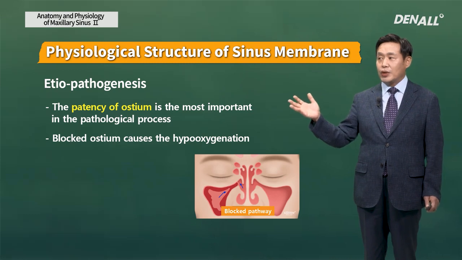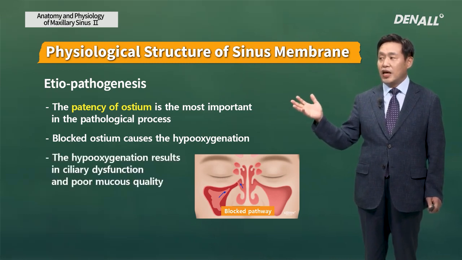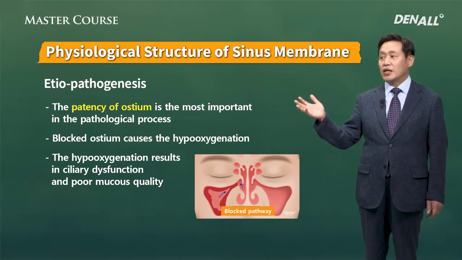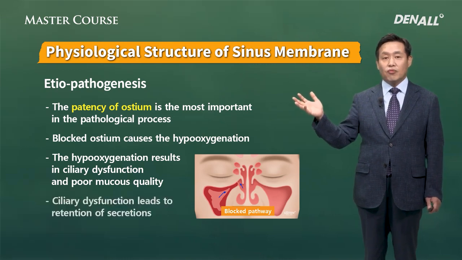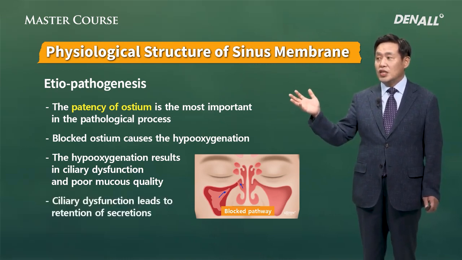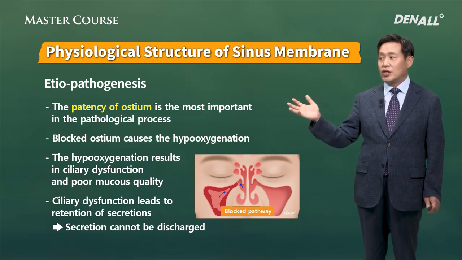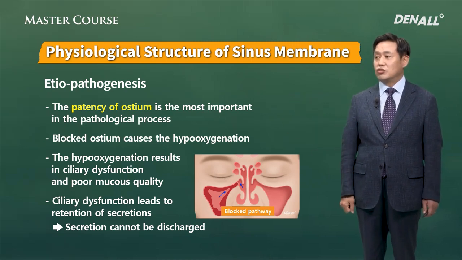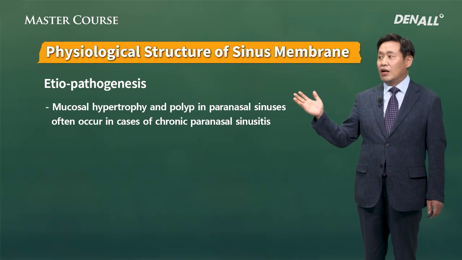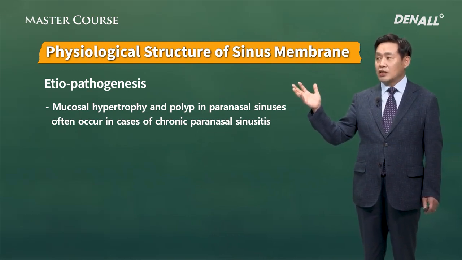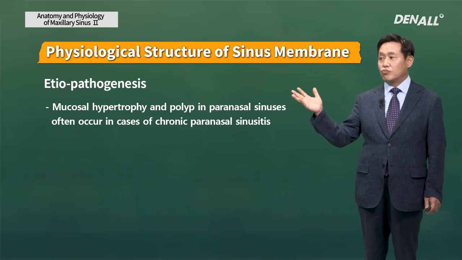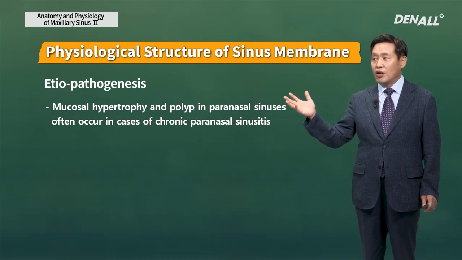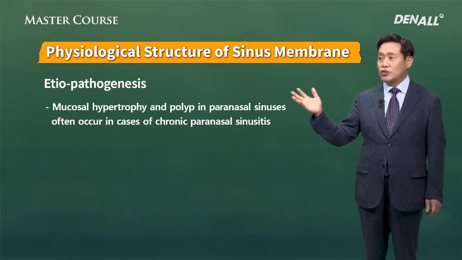If that occurs, as I said before, the hypooxygenation results in ciliary dysfunction and poor mucus quality. The ciliary dysfunction leads to retention of secretions. An inflammatory reaction may occur because of that. In an area like the ostium, mucosal hypertrophy and polyps in the paranasal sinuses often occur in cases of chronic